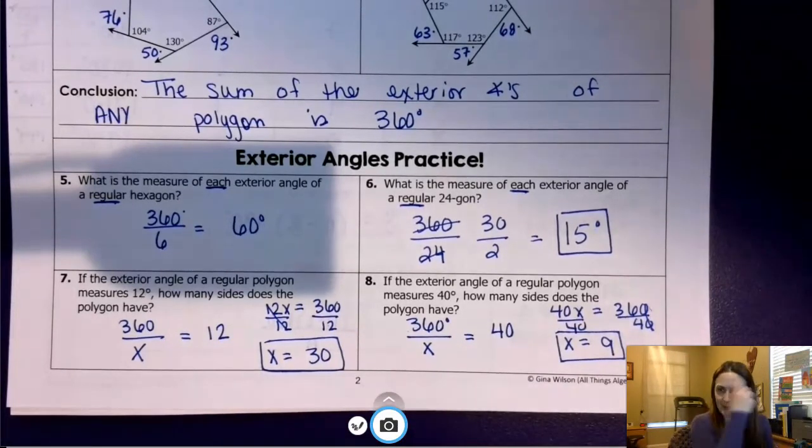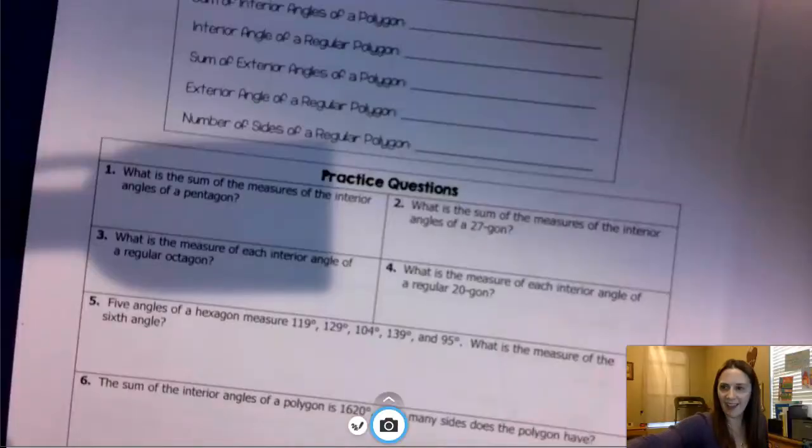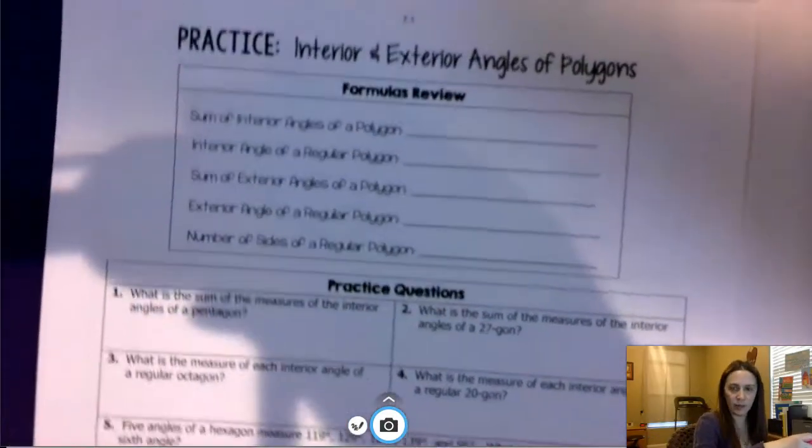Okay, I'm going to pause and go to the next page. I'll be right back. Hi, so our next page of notes actually has this nice little summary of the formulas